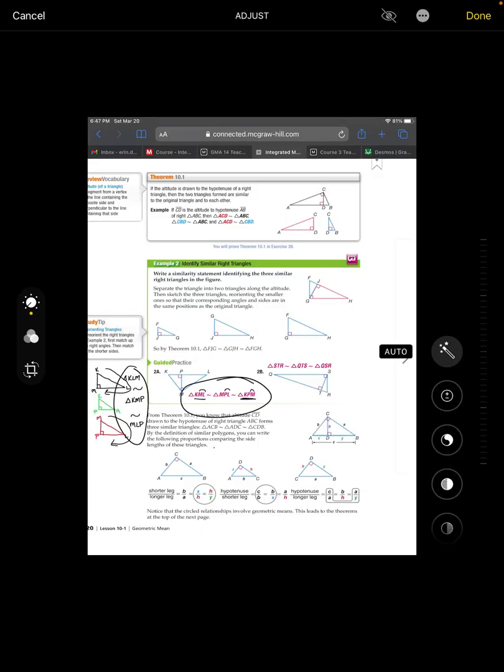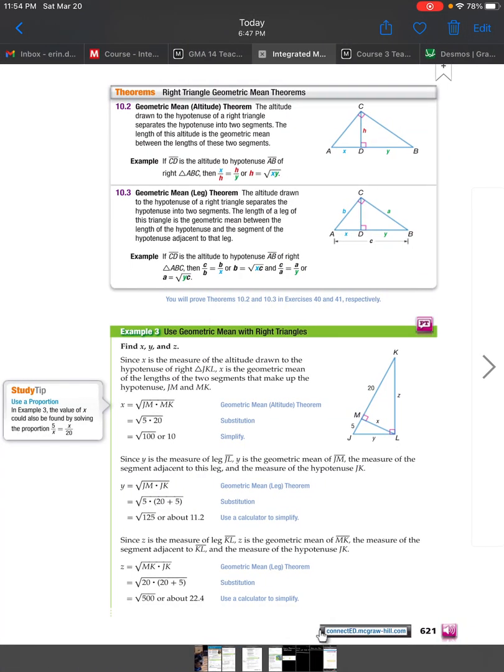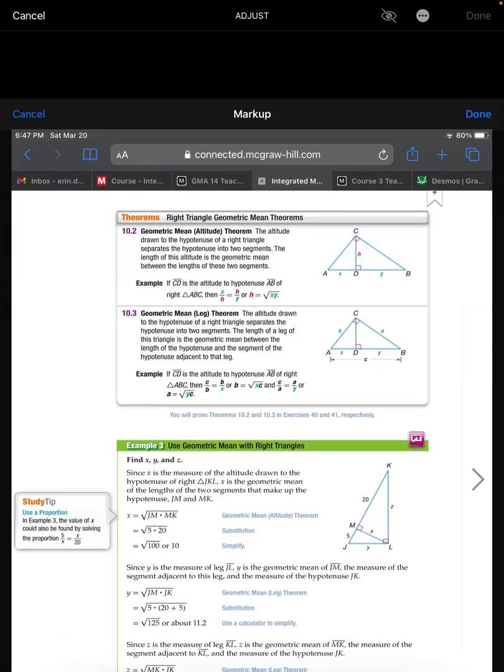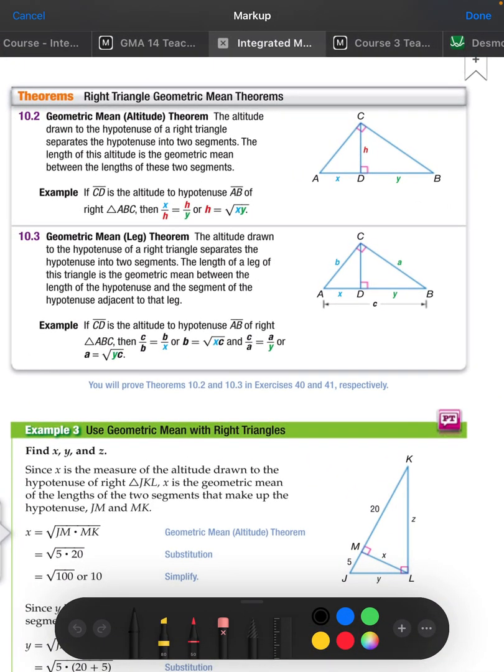Kind of the same thing there on the bottom, so jump to the next page. All right, 10.2 is the geometric mean altitude theorem. The altitude drawn separates that hypotenuse into two segments. And so what you can do is you can have a statement there that, and I'm going to just kind of write it,